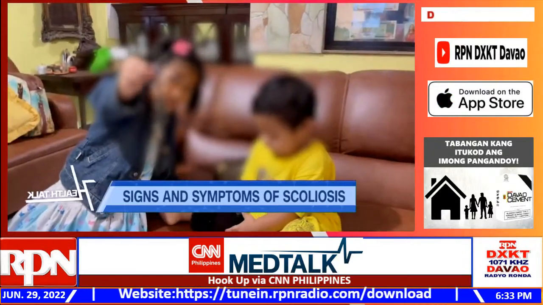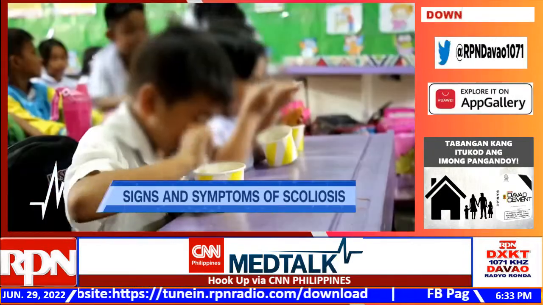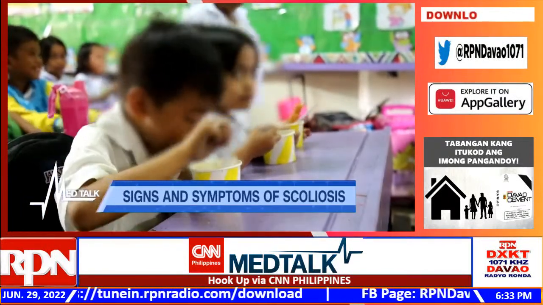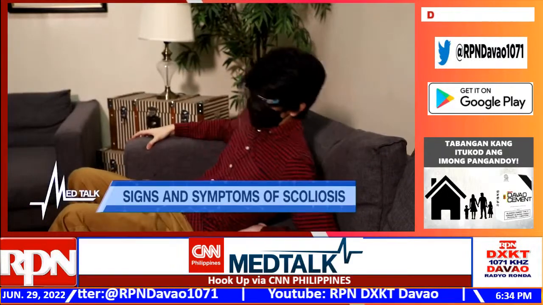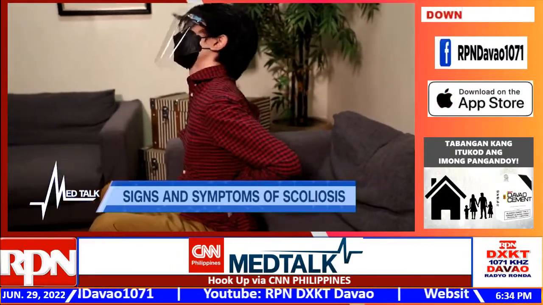For those who discover that they have scoliosis later on in life, they've had it most likely since their childhood days, is it possible that it will progress to more, kumbaga yung deviation nila will become even worse, will increase in the amount of degrees, if it is not addressed? So, sa adult, pagka late mo na siya nakita, no, anything less than 30, most probably it won't progress anymore. No? Pero if your angulation is more than the 30 degree, medyo may possibility siya na mag-progress.